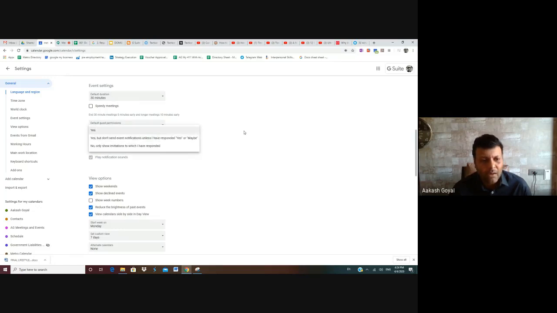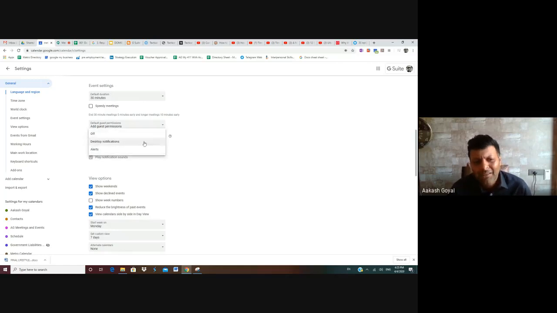Then there is another option which says automatically add invitations. Let's say somebody has invited me. I have checked the option that says don't send event notifications unless I have responded yes or maybe. You can just say yes, and it will send notifications for all the events that people have invited you to, but I have chosen this one because I want notifications only for those events to which I have responded yes or maybe.